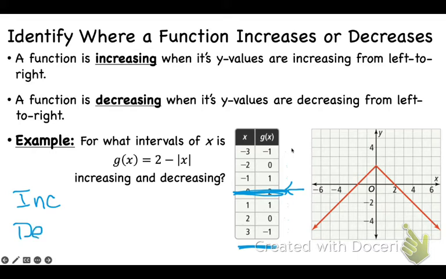So we write INC for increasing, and DEC for decreasing. And we start at negative infinity if we have arrows. If we don't have arrows, sometimes it's just a picture, so it could have an actual value. But these have arrows, right? So we start at negative infinity, and what are my y values doing? Are they increasing or decreasing? As I come from negative infinity on my x's, what are my y values doing? -1, 0, 1 they're increasing. So from negative infinity